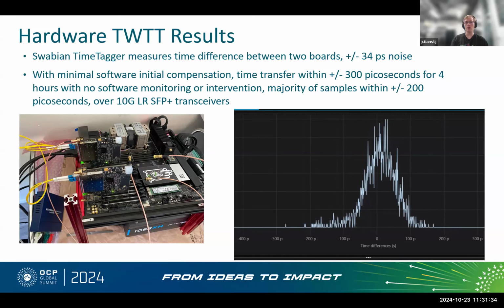So the time offset is centered around 0. And at the extremes, it goes between basically minus 300 and 200 picoseconds. But the majority of the samples are within plus minus 200 picoseconds. And then the error of the instrument itself is about 34 picoseconds. So this gave a fairly robust time transfer mechanism over fiber that was pretty low cost and got me down into the sub half nanosecond